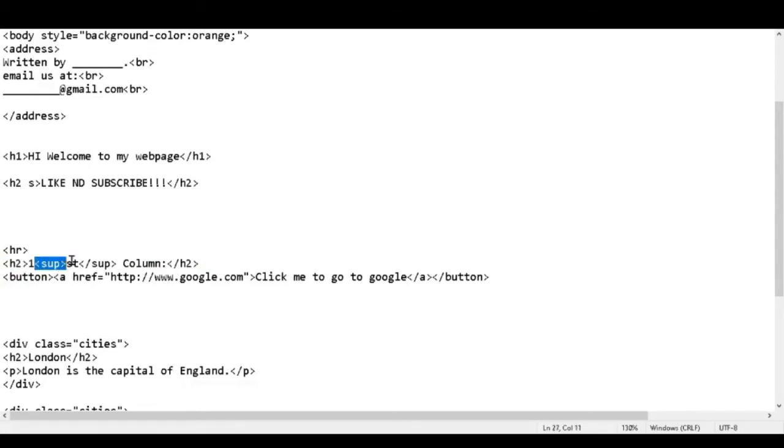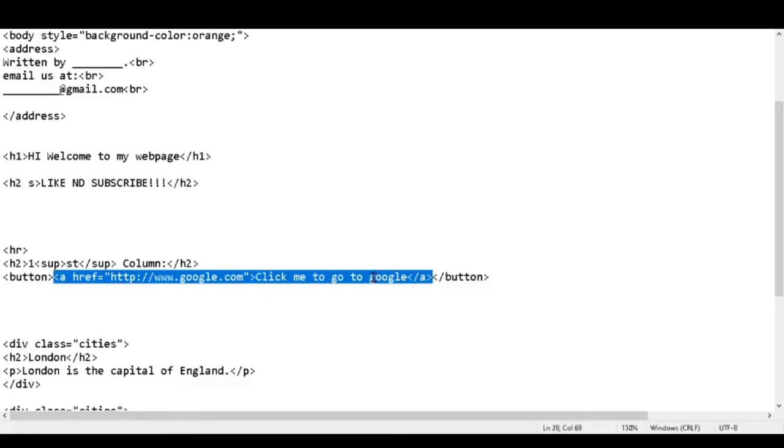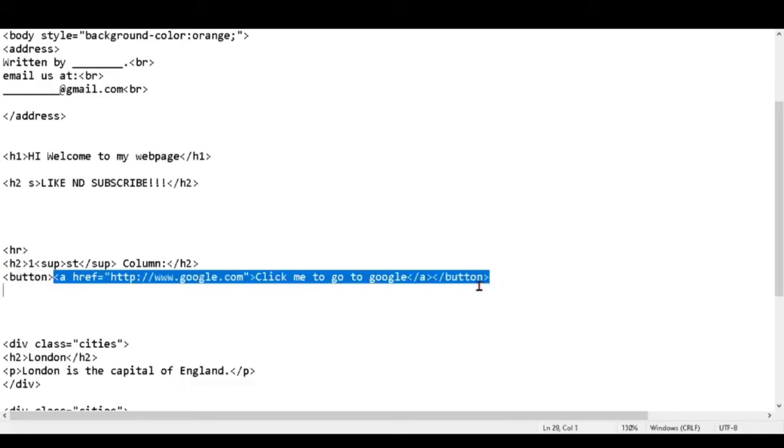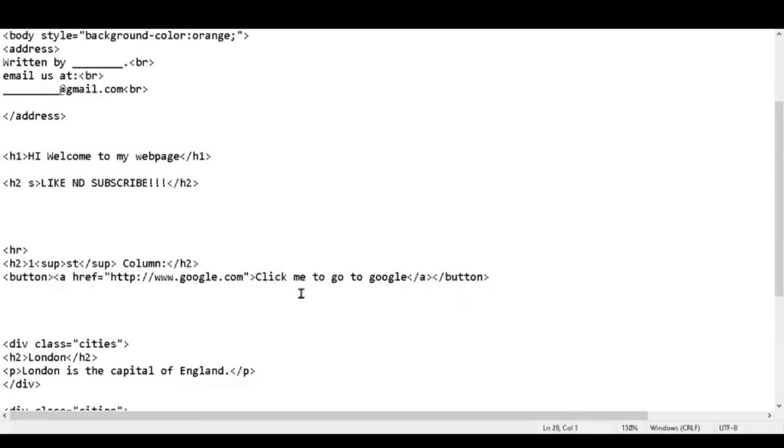And in the same way there is an anchor tag also, and href is its attribute, which is used for linking. So in this program we have linked our program to Google. So in the output, if you click there, you will go to the Google home. In this way different heading tags and the paragraph tag are used. If you want to write something in a paragraph, we can use the P tag.